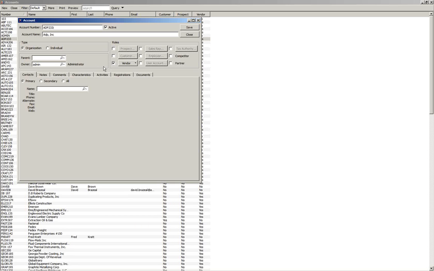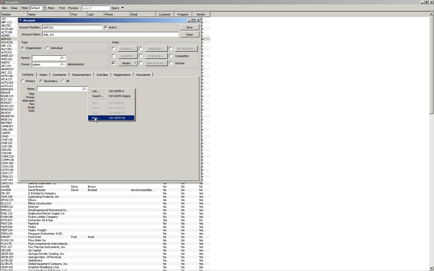And you can also make this account a customer just by checking the customer box, and you could go into the customer information here, and it would be the same as the customer setup in the sales module. Different CRM accounts could have different roles or several roles. You can have secondary contacts in this as well. So you would just click on secondary and add the contact information by clicking on list and then selecting new